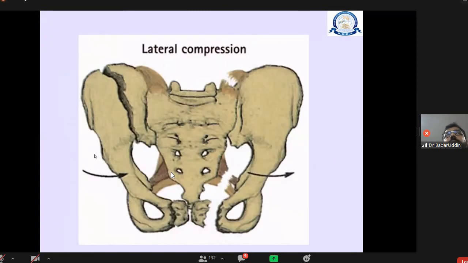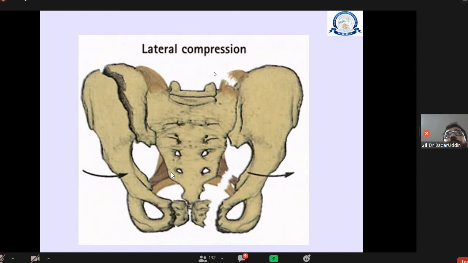So see, somebody got injured from the lateral side. There is an iliac blade fracture, superior and inferior pubic rami fracture, and if the injury is severe and the force goes on, it will fracture the superior and inferior pubic rami of the opposite side and externally rotate the other side of the pelvis. So it depends upon the force. If the force is smaller, it only breaks the iliac blade and superior and inferior pubic rami from the lateral side. So this is called lateral compression injury.